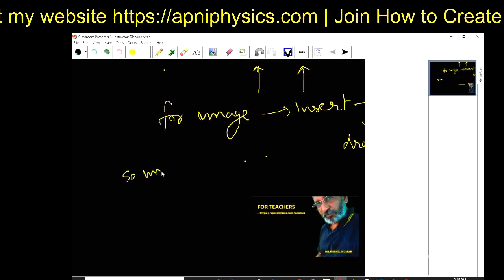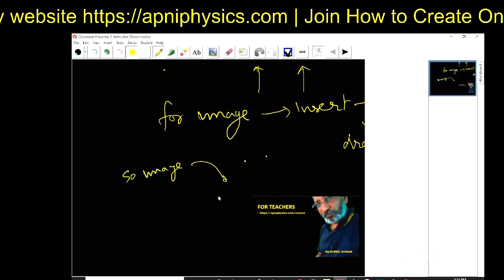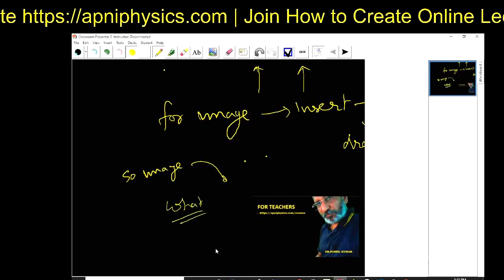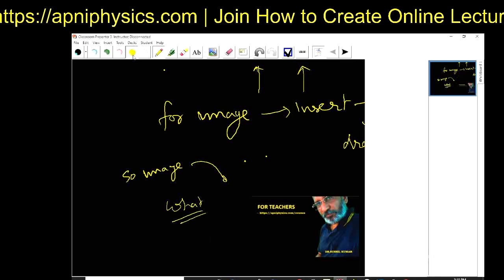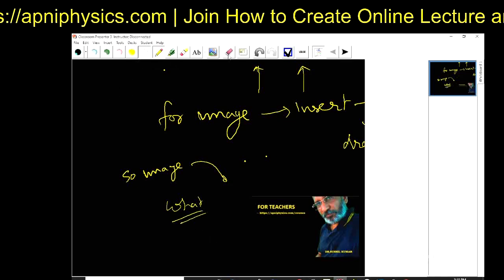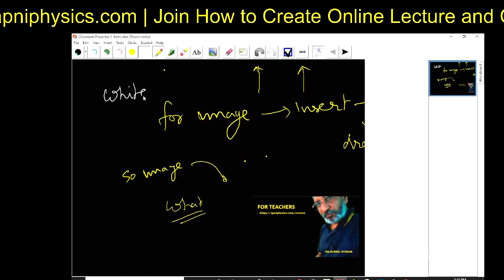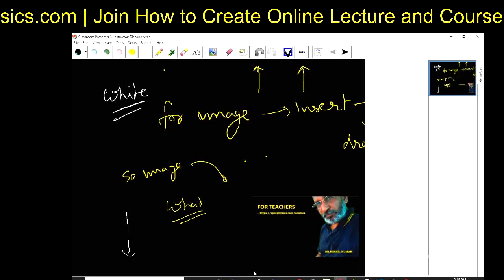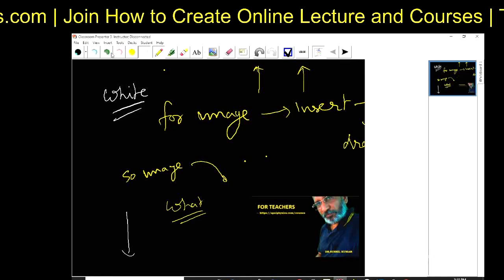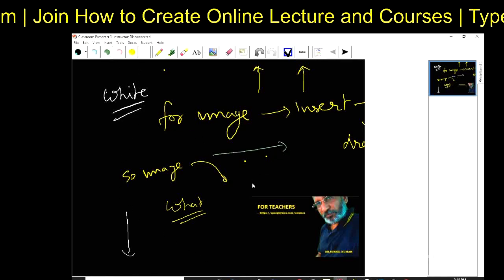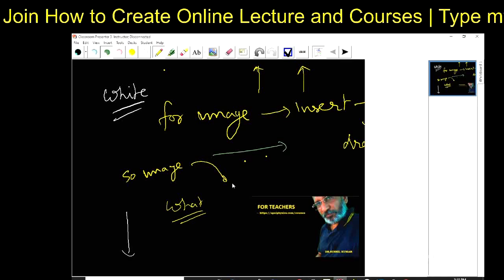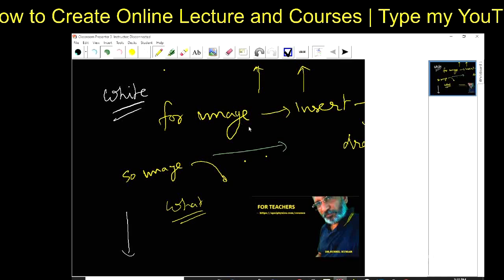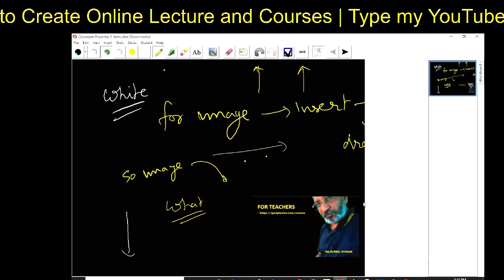So the image is there and you can explain whatever you want to explain, right? So in this way I use this yellow color and white color pen, and if you go beyond this, it will not be visible. What is the next thing required in this Classroom Presenter, and how is it useful? Actually I like it because this is similar to a PowerPoint presentation and there are so many features.